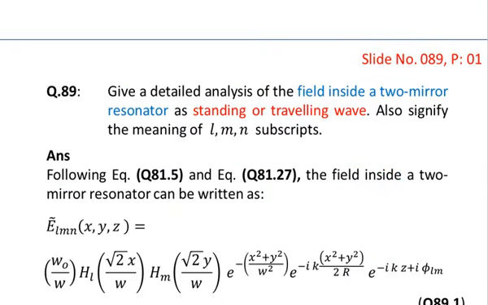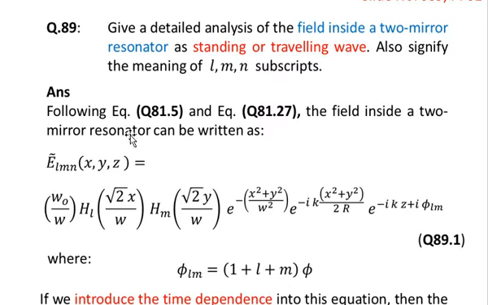Question is, give a detailed analysis of the field inside a two-mirror resonator as a standing or traveling wave. Also signify the meaning of LMN subscripts. The answer is, following equation number